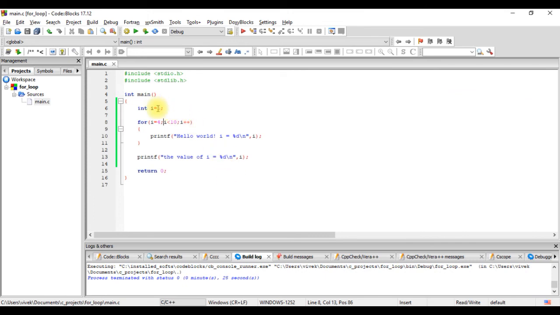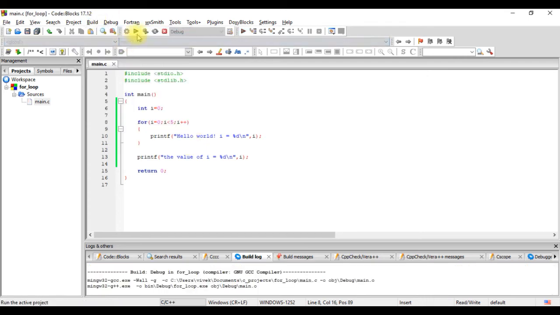Now let's say we want to print this statement 5 times. So how do we do it? Let us reinitialize this back to 0. We'll start from 0 itself, and we need to run it 5 times. So the first one is 0, second one is 1, then 2, 3 and 4. So we run it all the way up to 4, that is less than 5. So we run it till the point the value of I is less than 5.